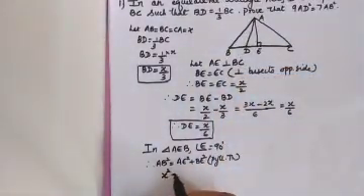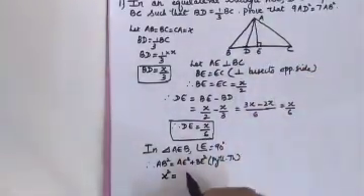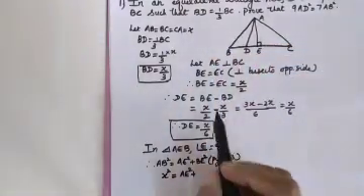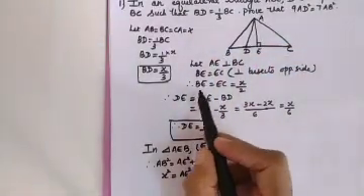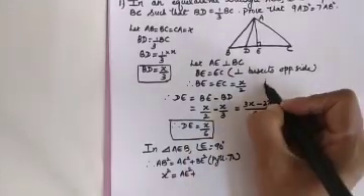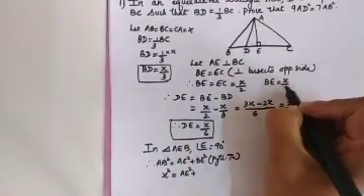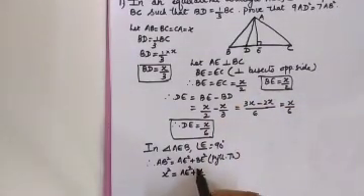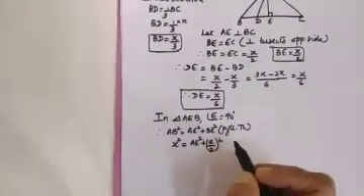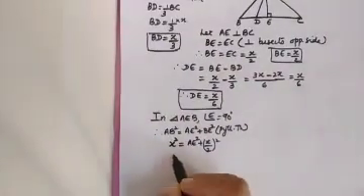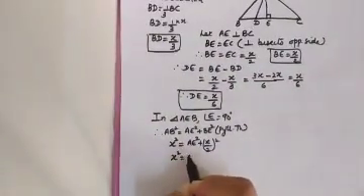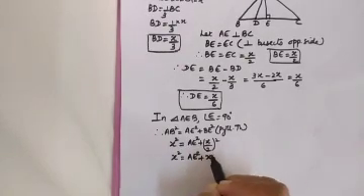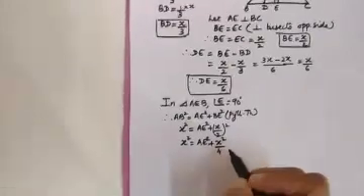So X squared is equal to AE, which you have to find, so you will write it as AE itself, plus BE. What is BE here? BE is equal to X by 2. So this is X by 2 the whole squared. That is, X squared is equal to AE squared plus X by 2 the whole squared, which is X squared by 2 squared, that is X squared by 4.